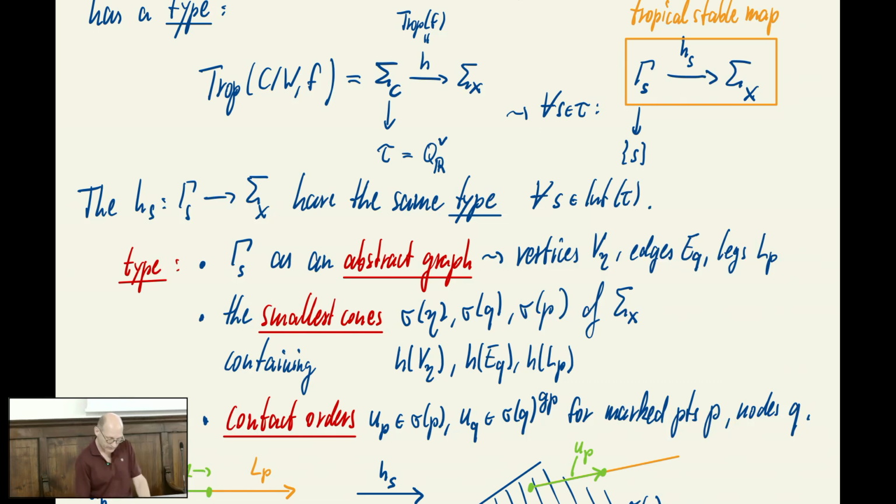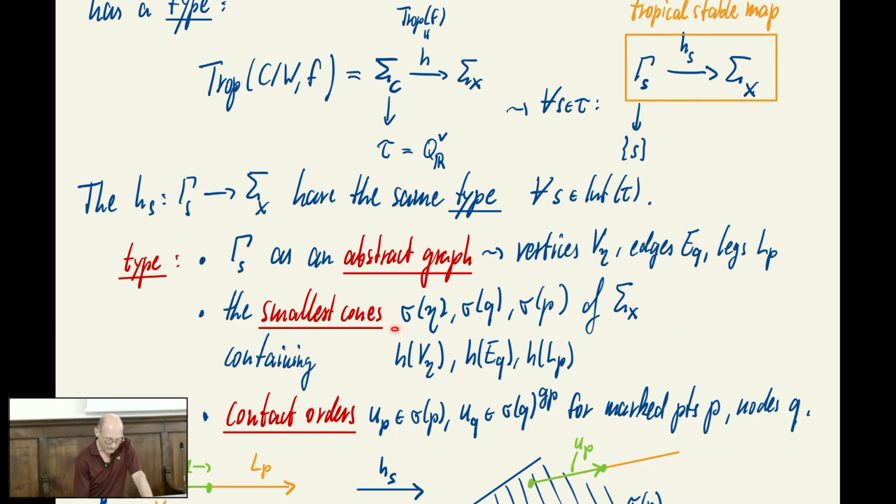So let's call this sigma of eta. And similarly, an edge lives in some cone. It can't go from one cone to another. It can't cross any cone, right? It should be a polyhedral map. So this is also fixed. That's a sigma of q, and the rays also live in some cones. So you get this whole collection of data. It's a discrete set of data